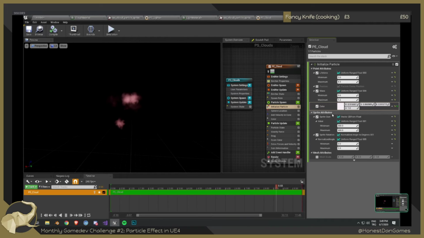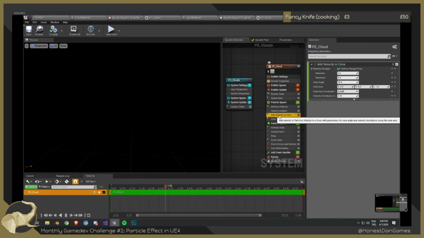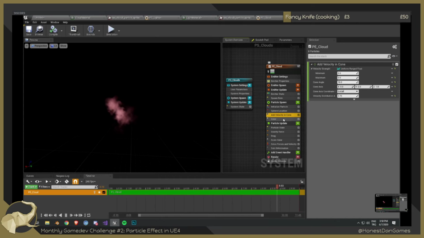not actual objects. They're just a render of a. They can even collide with the environment, then disappear. Yeah. That's interesting. And look, they have mesh attributes here even. Okay. But we're not using meshes, so it's grayed out. Add velocity in cone. I mean, we don't have to talk about all of these because like you can